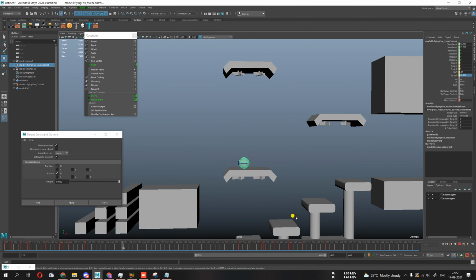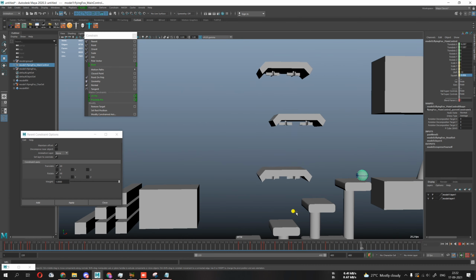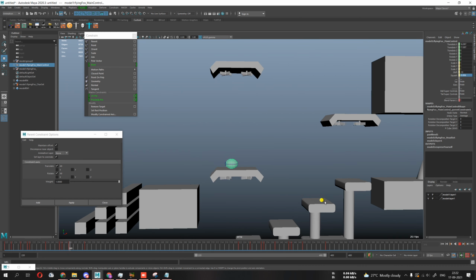We added the constraint right where it hit the platform, and we removed the constraint right where we wanted to remove